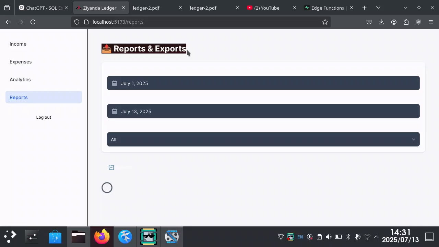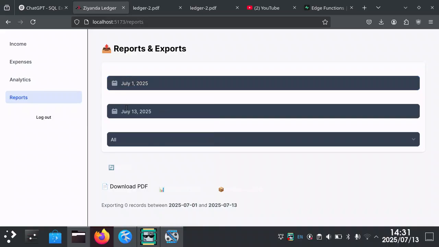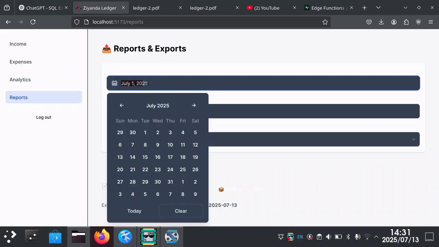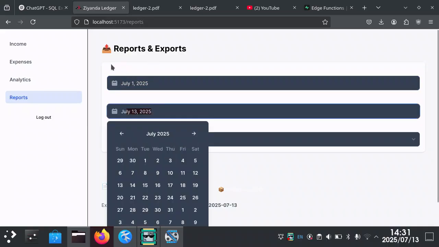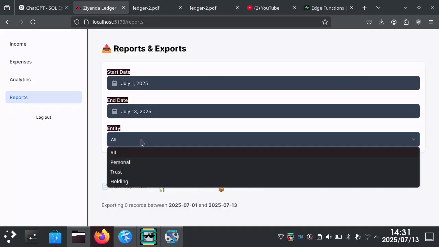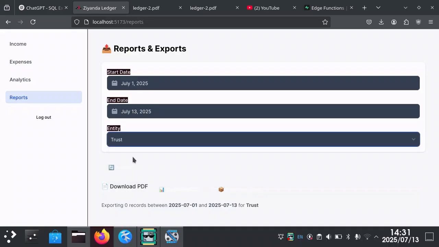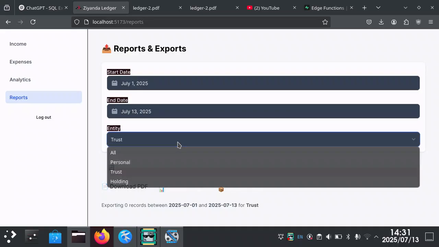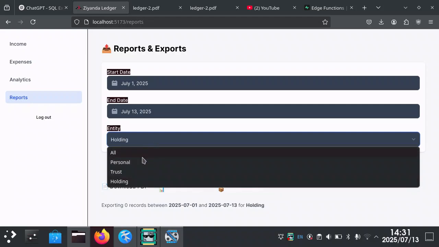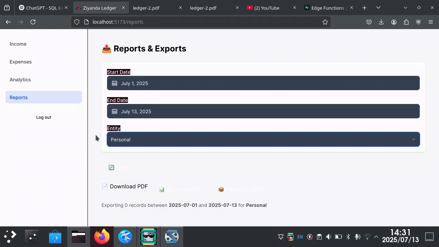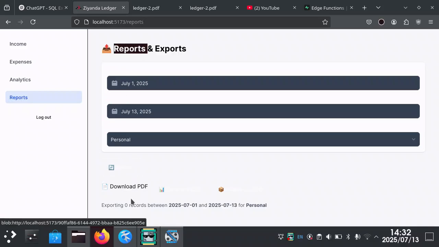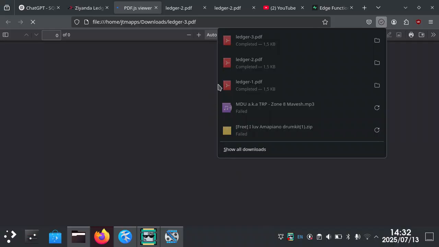And here you could get your reports that you need to say, I want the stuff I saved from this day, the transactions I have from this day to this day, and everything relating to my trust account, everything relating to my holdings or my personal. And from that I could say, give me the report, download it this way,